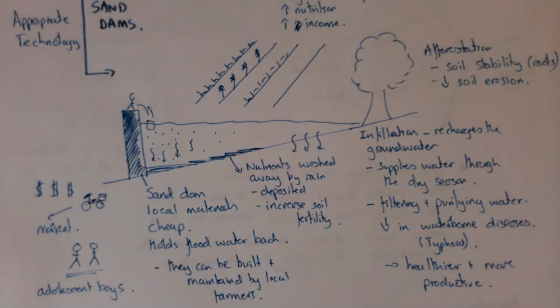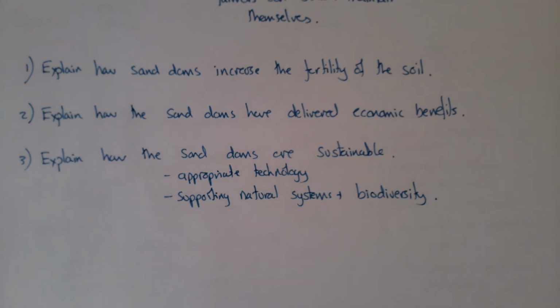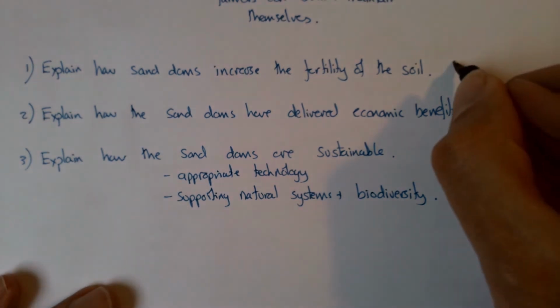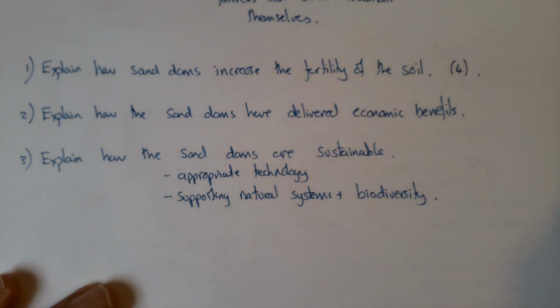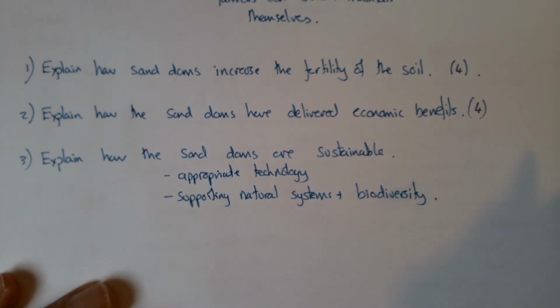Okay, well done. Now, time for you to answer some questions. So here they are. Number 1, explain how sand dams increase the fertility of the soil. I'm going to say that's worth 4 marks because there's quite a few connections you can make there between floodwaters, reducing runoff, stopping soil erosion, deposition, building up nutrients, increasing the fertility. Explain how sand dams have delivered economic benefits. Once again, 4 marks. I think you can talk about adolescent men, boys, and you can talk about women and